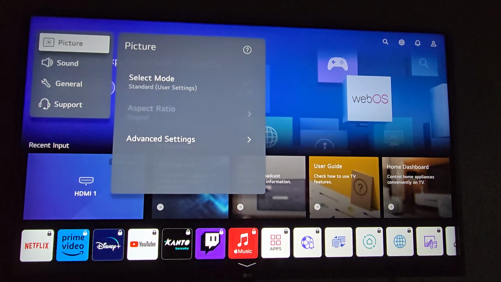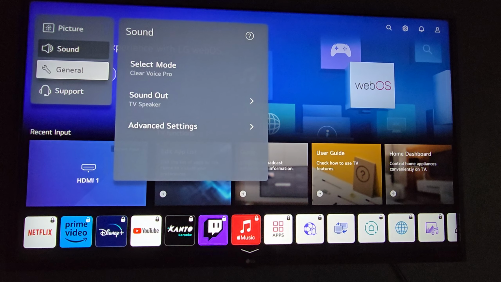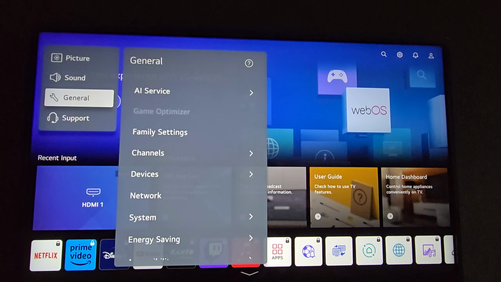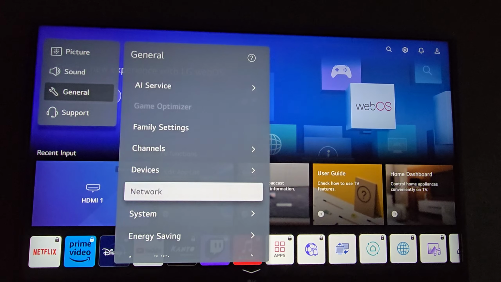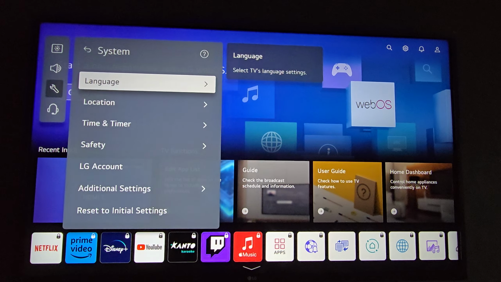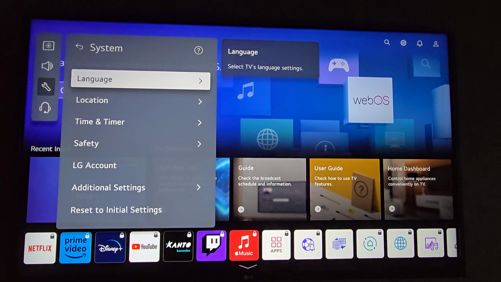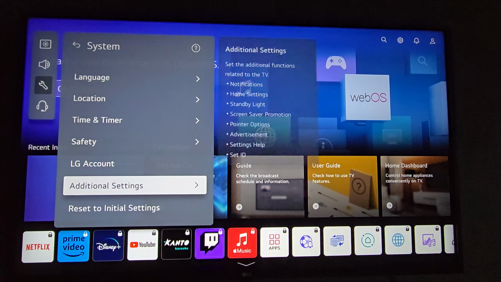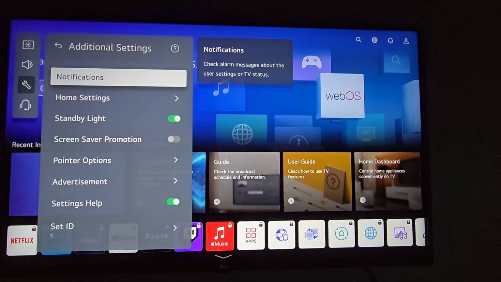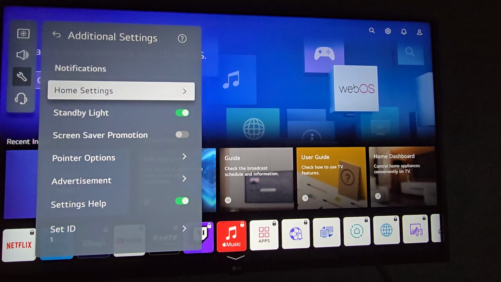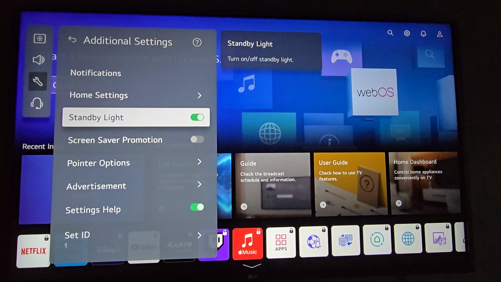Alright, we're gonna go next to general. Alright, next we're gonna go to system, and once we're in system, we're gonna go to additional settings, and of course once we're in additional settings, you're gonna see the option here that says standby light,